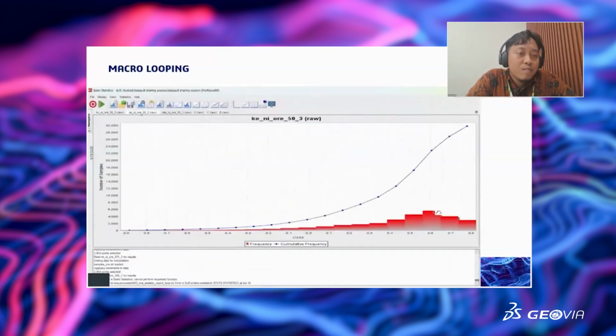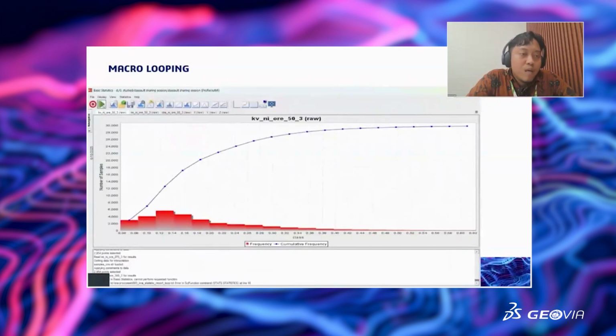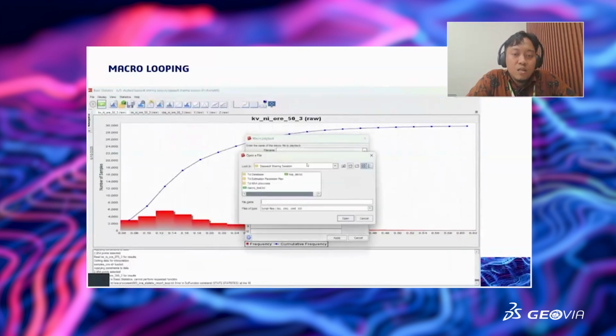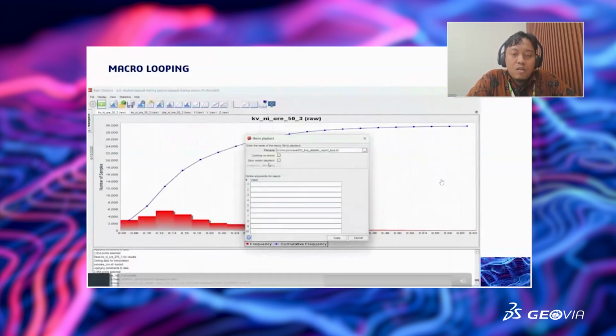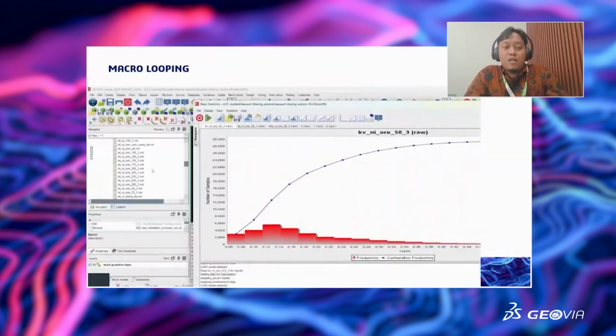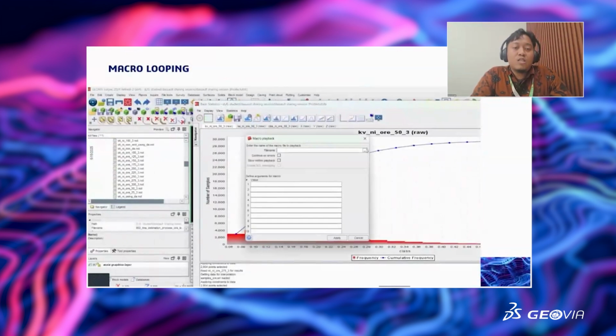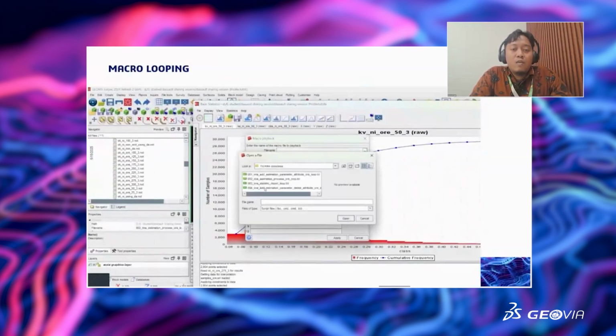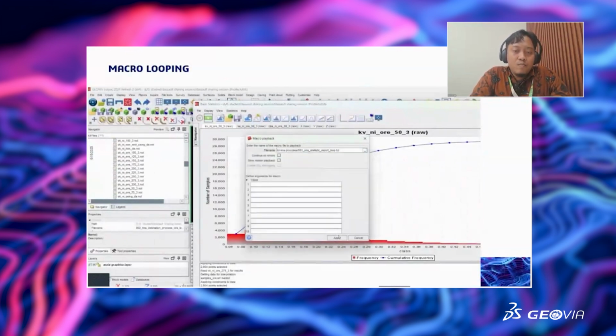There's a play button. Just click the play button there in the basic statistic tools, and after that call your macro for basic statistic here. So it will create, analyze and export the statistic of our kriging parameter process here.